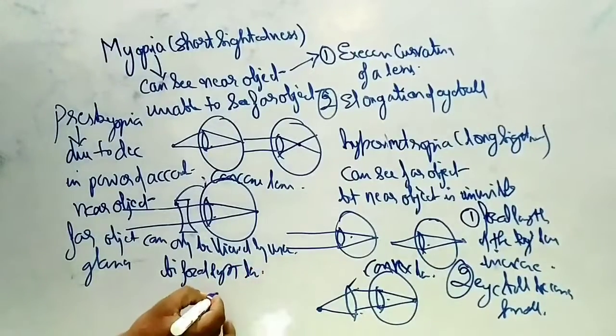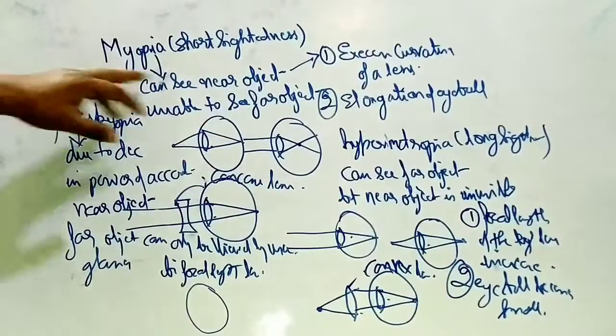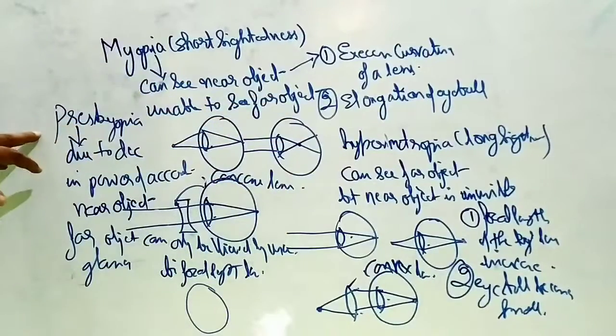Means a lens which have both a concave part as well as convex part. Some lower part as a convex and the upper part will be concave, or it depends upon the power which they are having more defect in it. So they use a bifocal length lens. Is this clear? So there are three major defects, there are many defects in the eyes, but these are the three major: myopia, hypermetropia and presbyopia.